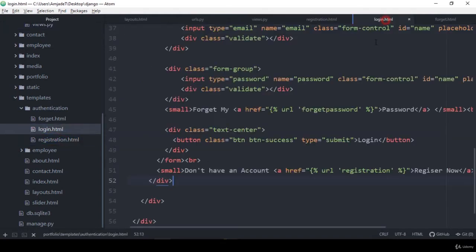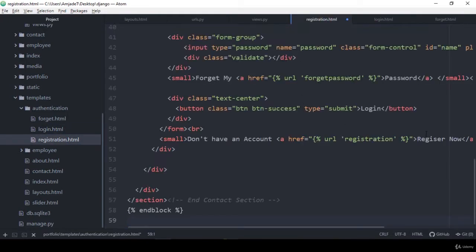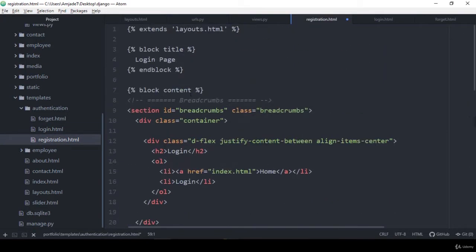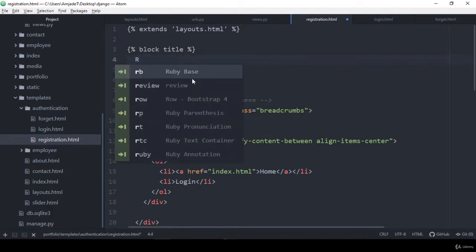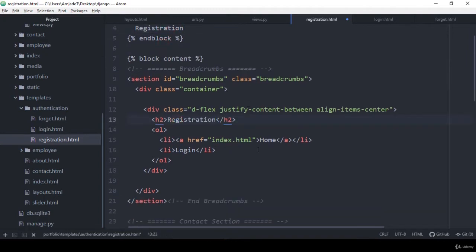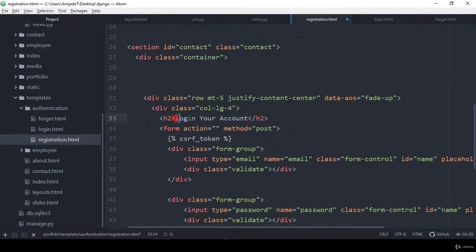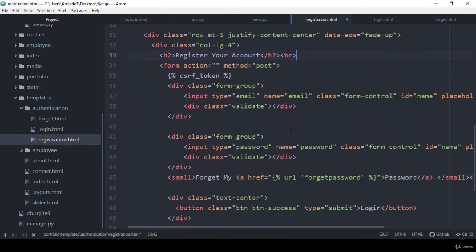So better I want to copy everything from our logging again, and also here I paste it. So here it should be as a registration page. Register your account. Here I want to name it as a register. Register your account. Also here I want to put some of the bracket. Okay, then it will be better. And for the register,